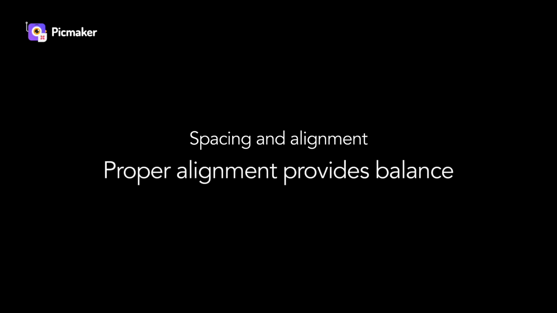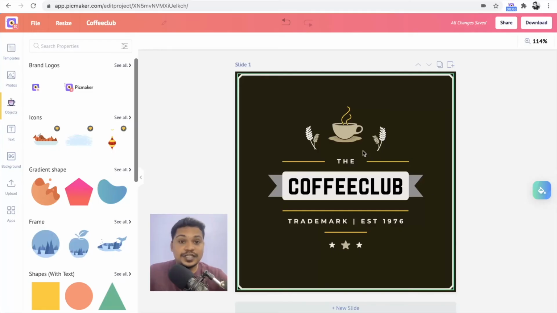Spacing and alignment can make all the difference to a logo. Especially, the designer must ensure that text and word spacing, design elements and margins are centered and even. Proper alignment provides balance to your logo, and gets the viewer to focus on the key elements of the design. This logo features multiple layers of text along with the cup and saucer, but everything is aligned properly. The line spacing is even, which makes the logo uncluttered.